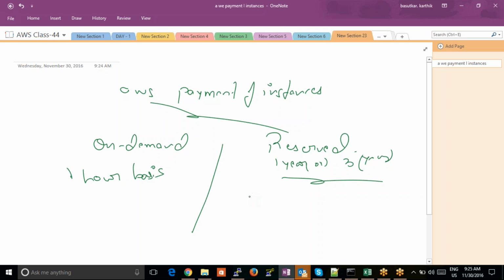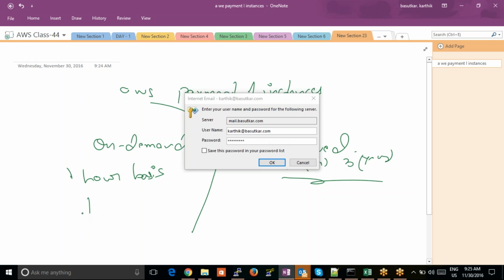What is the benefit? Here, for example, for 1 hour, let us assume an instance type as t2.medium. So here if he is charging for 1 hour $10,